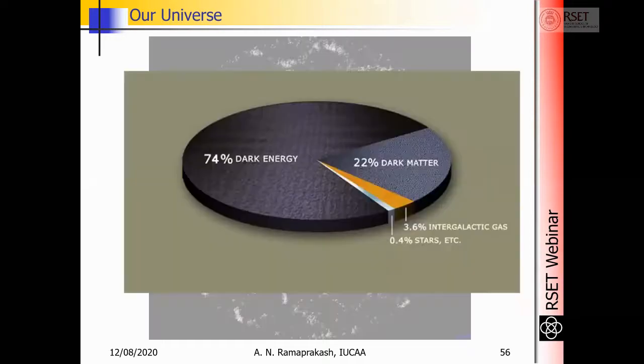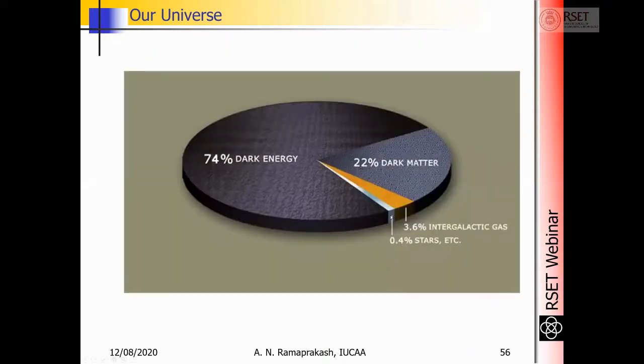Now, the key thing is, while we see all this visible structure, like the gas and the stars, this constitutes only 4% of the total matter or the total content of the universe. We still believe that about 22% of the matter in the universe is dark, that it does not interact with electromagnetic radiation, and therefore we are unable to study it with conventional telescopes and conventional approaches, and we don't know what it is made of. We also think that 74% of the content of the universe is what is called dark energy, and we don't